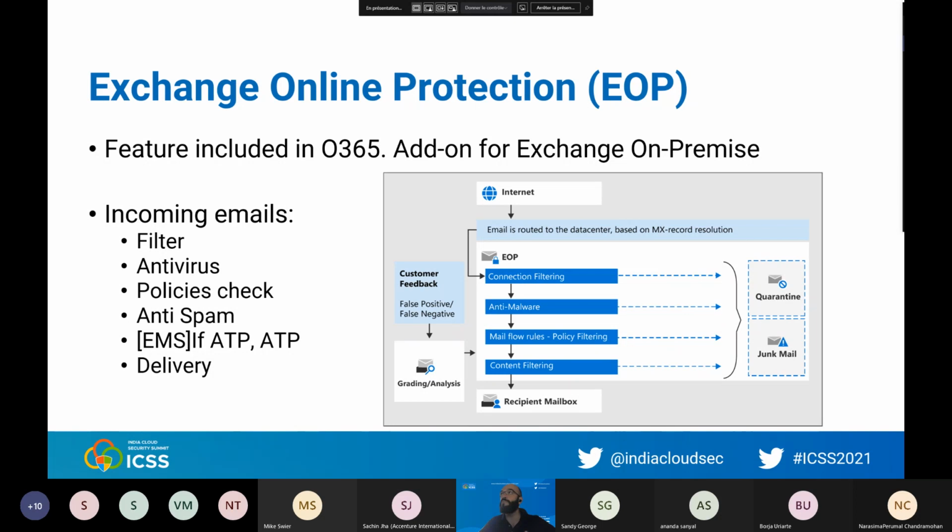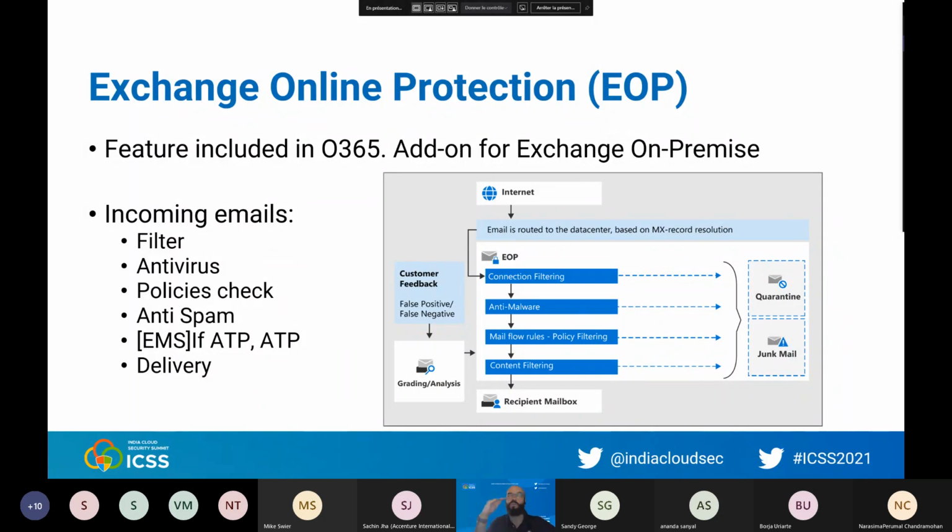We don't have the exact names of the antivirus used by Microsoft, but we know that Microsoft uses several antivirus every time you receive an email. Then, if you are an IT admin and have implemented policies, those IT policies will be checked. Then you have anti-spam filters, which are applied. And if you have ATP, I will talk about ATP just after, ATP is applied, and then the email is delivered.